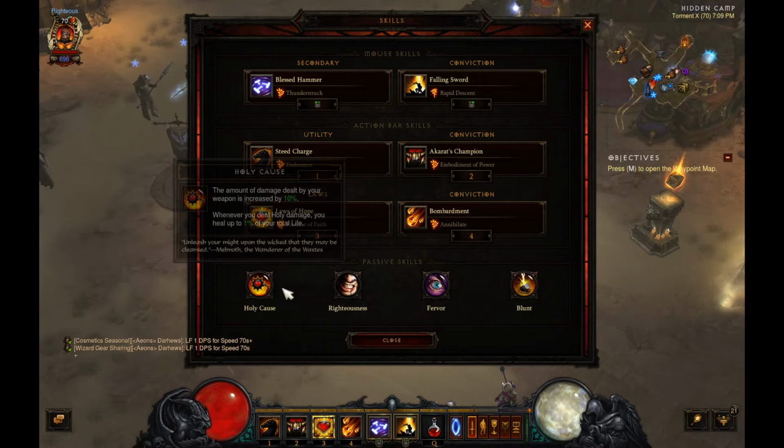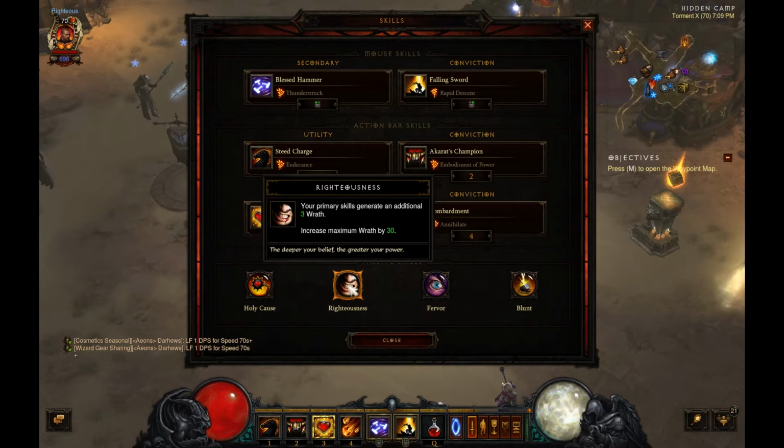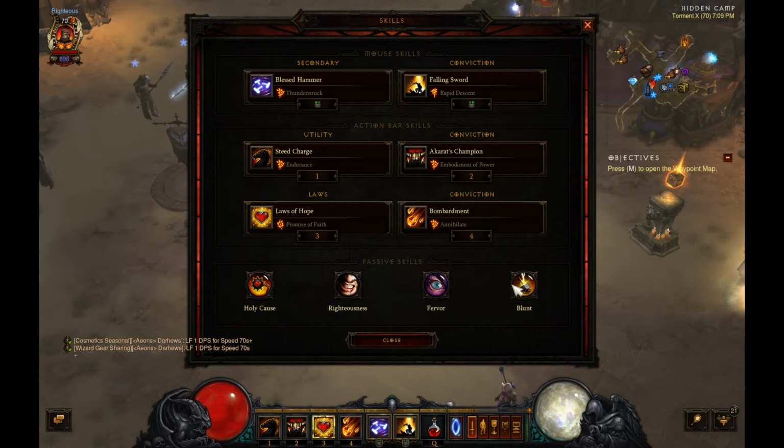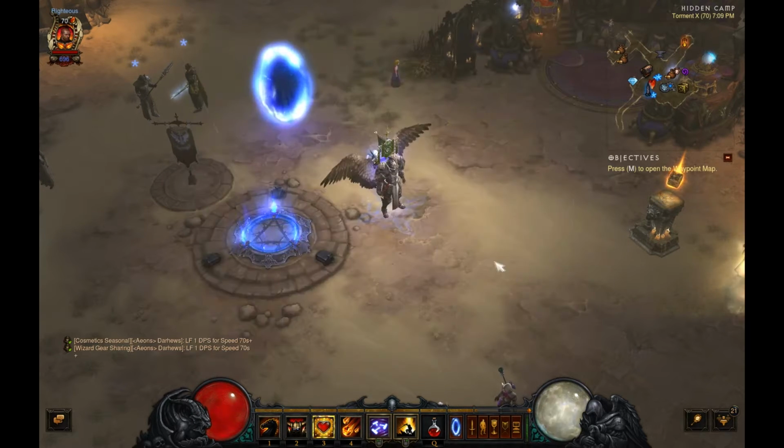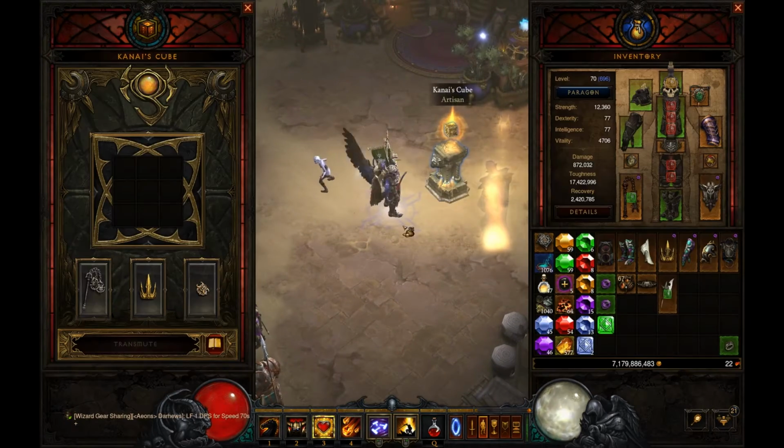10% more from weapon. Righteousness, more wrath, because you'll definitely need that. Fervor for the weapon. Blunt, so Blessed Hammer does 20% more damage. For the cube,